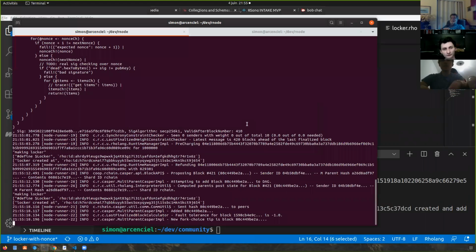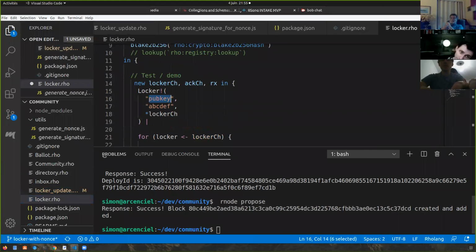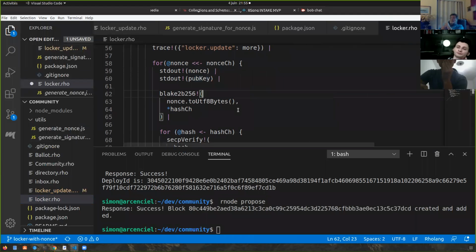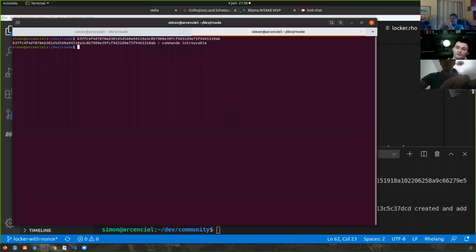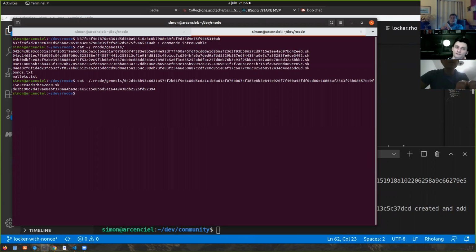So let's see. How can I know the corresponding public key? You should have it in your Genesis directory, right? Oh, yes. Not this one.